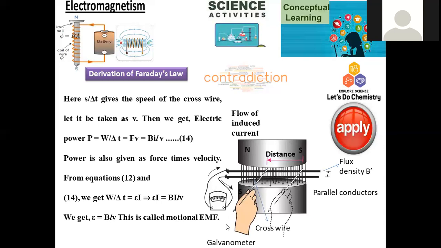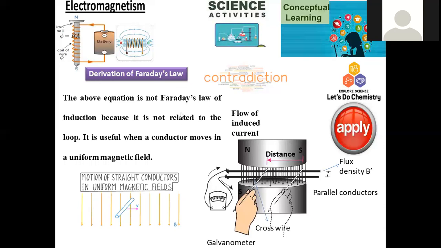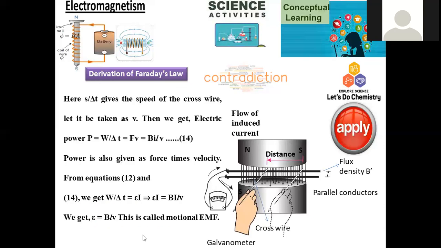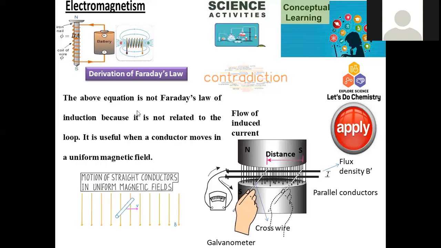Whenever there is movement, during that time an electromotive force is generated, that is called a motional EMF, denoted with epsilon. The above equation is not Faraday's law of induction. So here, this is not exactly Faraday's law. A new kind of parameter got derived here because it does not have any kind of loop system. We are not taking a loop system here. Whenever a loop system is there, connected with a galvanic cell, an external magnet should be in close proximity. Then you can experience a change in potential difference and the strength of the current as well.